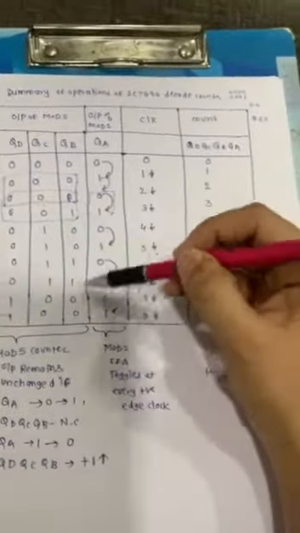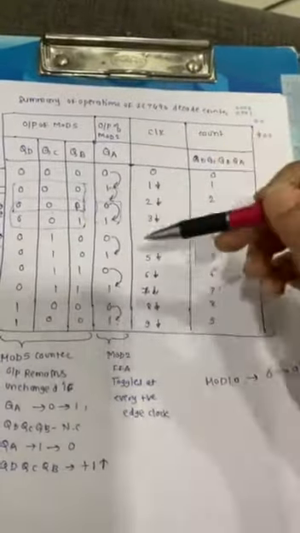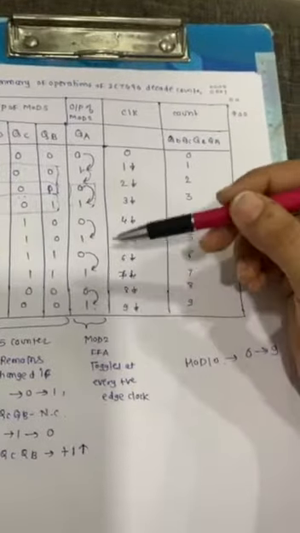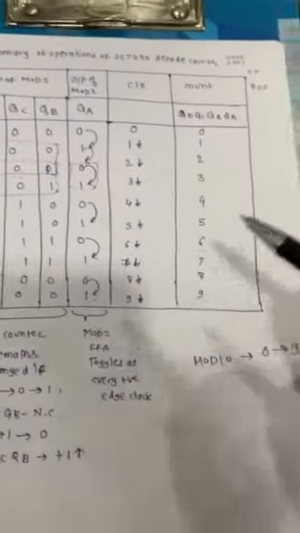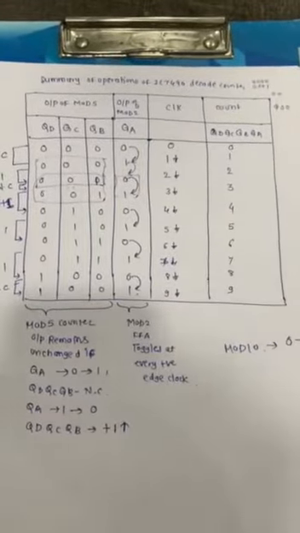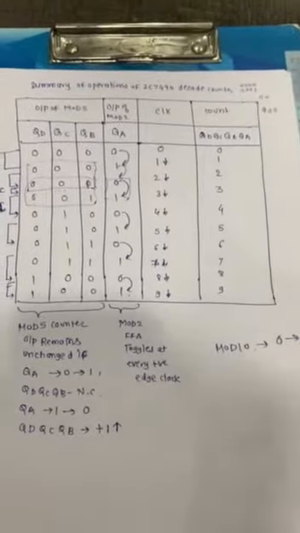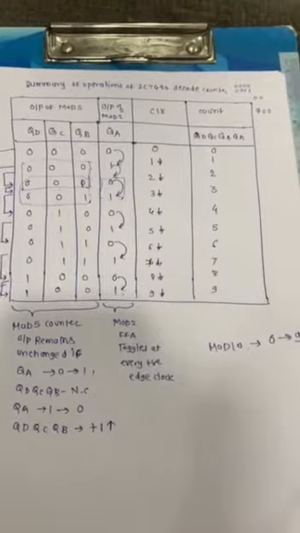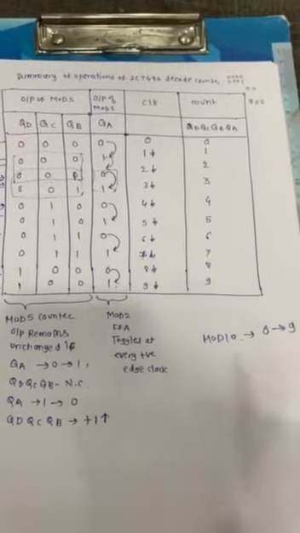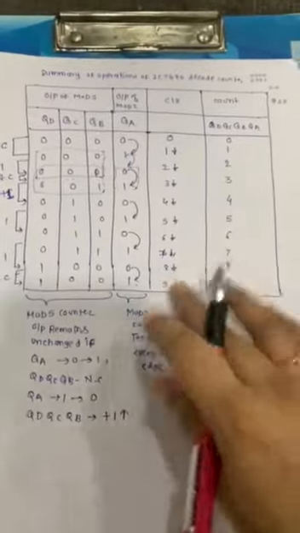Like that this is going to happen inside the flip-flops, inside the IC 7490. So this is the clear-cut idea that we have to draw in the diagram. The first flip-flop is flip-flop A, the mod 2 counter, and with the help of the mod 5 counter we can design the decade counter, and this is the truth table for that. Okay, you got the idea?